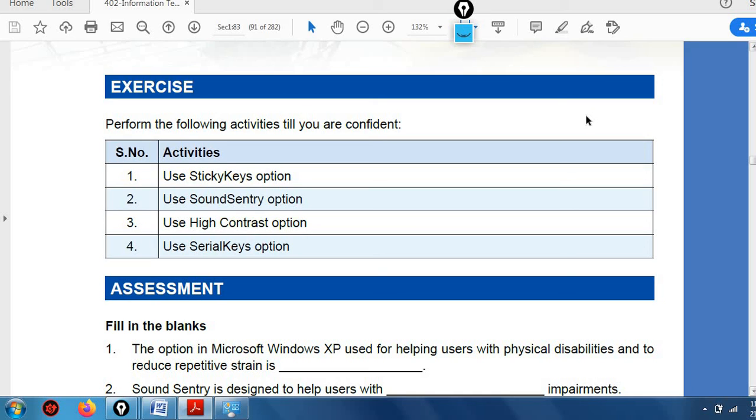And next is for the hearing impaired, those who are unable to listen to the sound, that sound can be displayed. Whatever sound the computer is generating can be seen in visual form in your system, right? If any message is coming out of the system in audio form, it can be displayed as text, right? That is one feature for the hearing impaired persons.